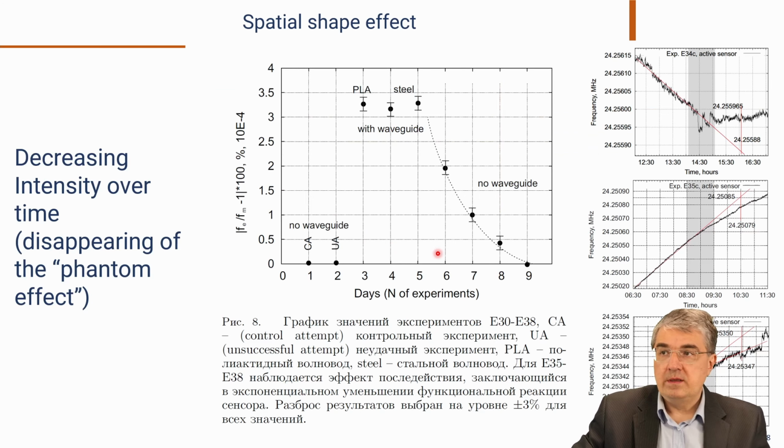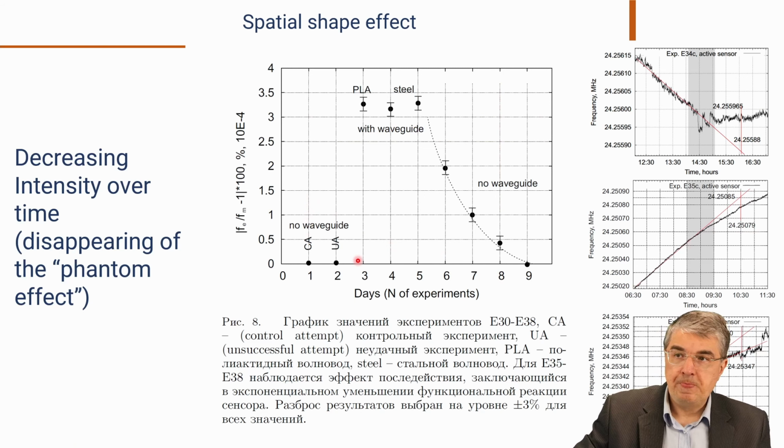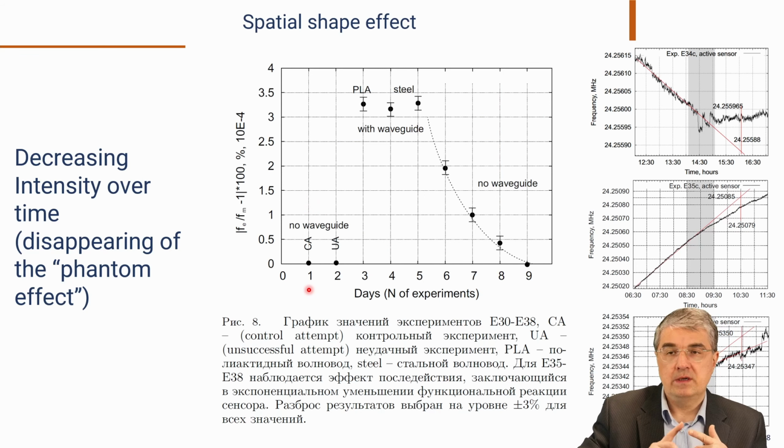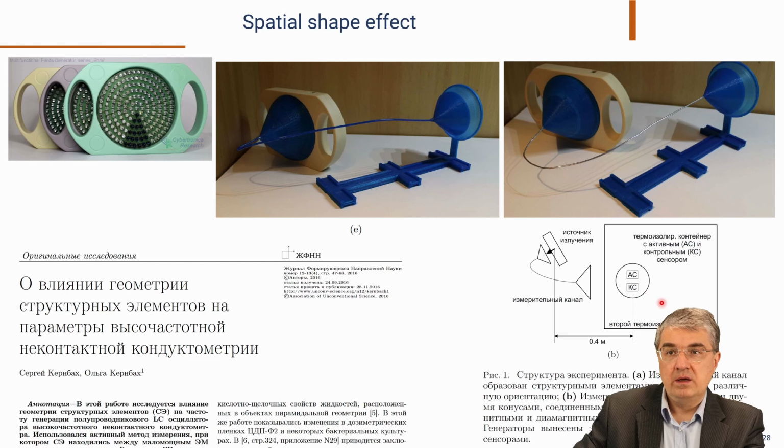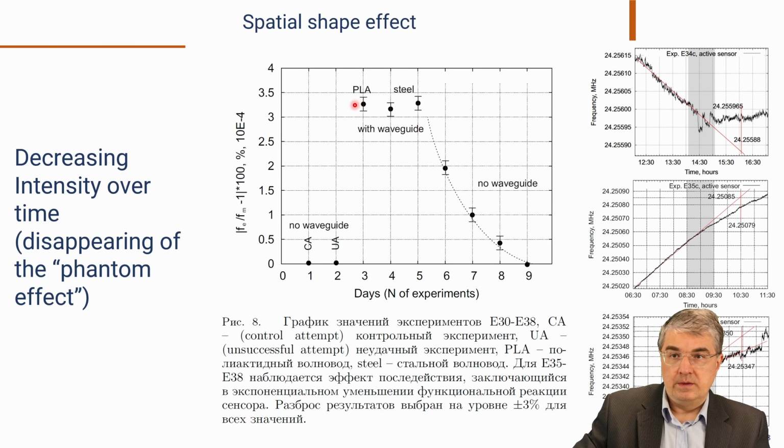The whole setup was done in the following way. For a couple of days, the generator was switched on and off once per 2-3 hours. So in one day, we had about 10 to 12 iterations of the same experiment, and then calculated the average value. If there is no waveguide, the values are 0. So in each turning on and off of this generator, we do not receive any response from the sensors placed over the wall. Then we installed this waveguide, and we tested two different structures.